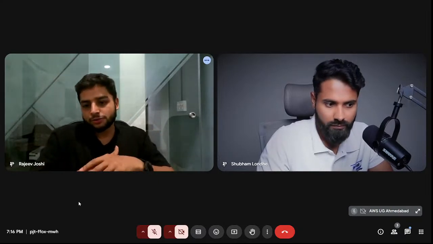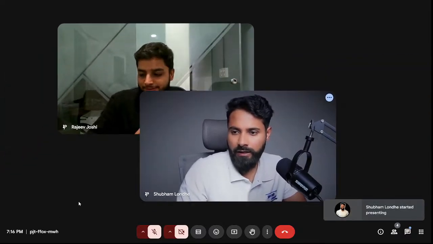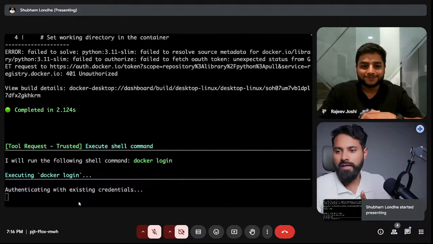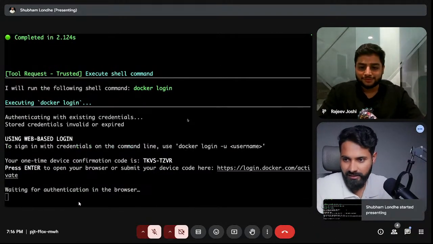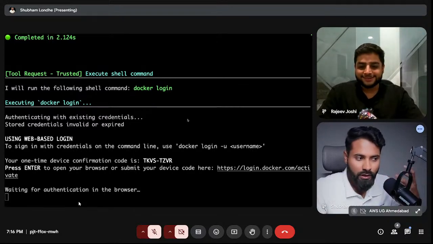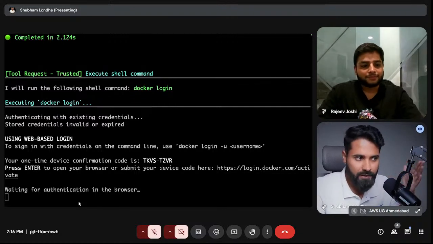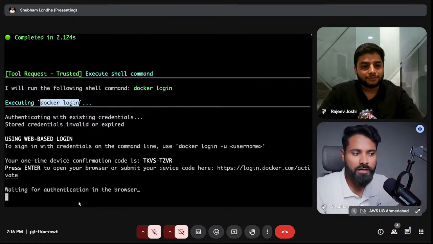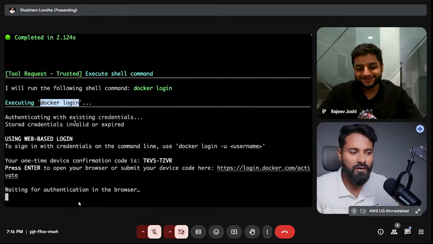So is it frequent, or is there some kind of error coming from my side or from Amazon Q? One small thing: 2 minutes back, I was doing a demo where Docker was stuck. The reason was that I was trying to do Docker login and waiting to see if it would work.